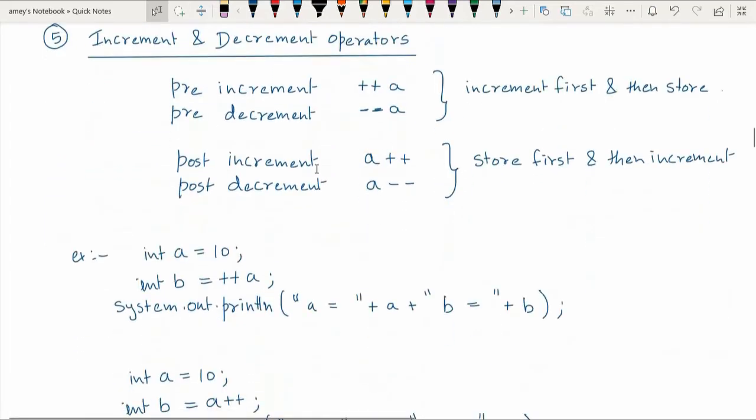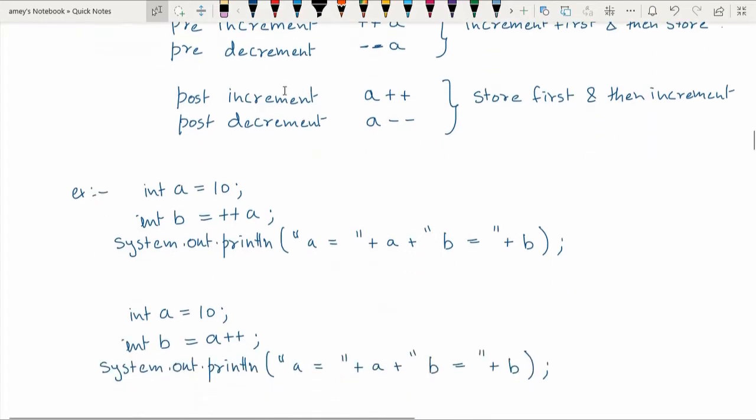Now let us go to increment and decrement operators in Java. Again, this concept is exactly the same as what we have studied in C or C++. When the ++ or -- is written before a variable, it is called the pre-increment or pre-decrement operator.